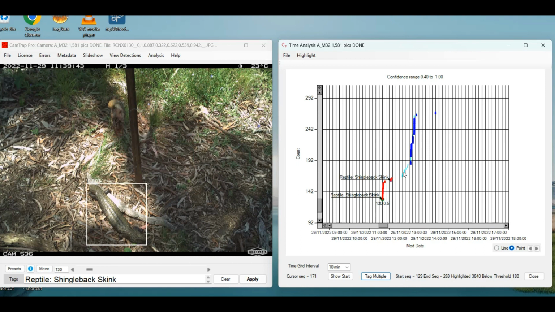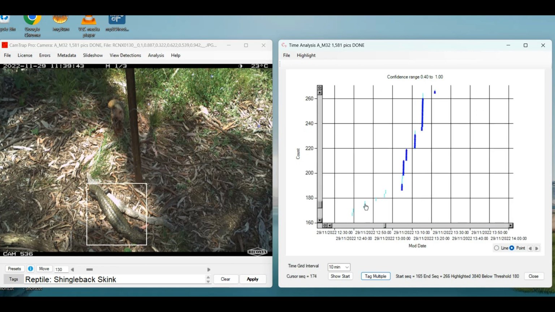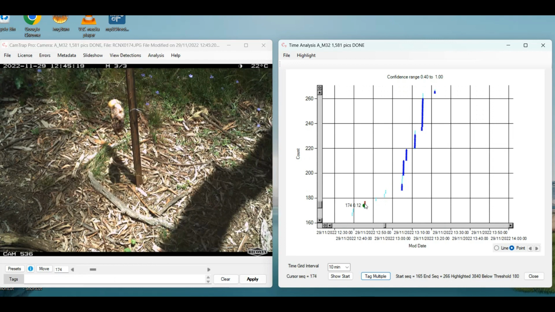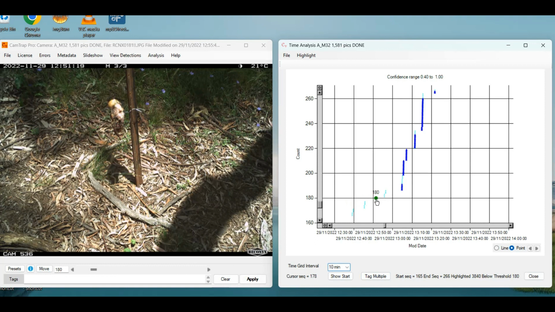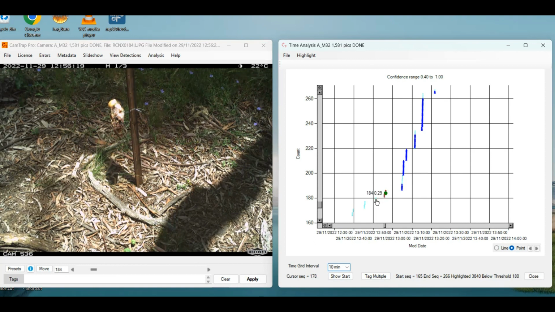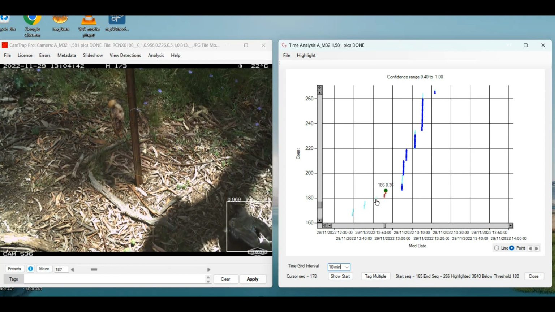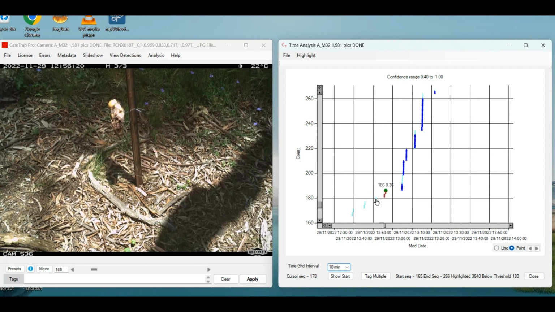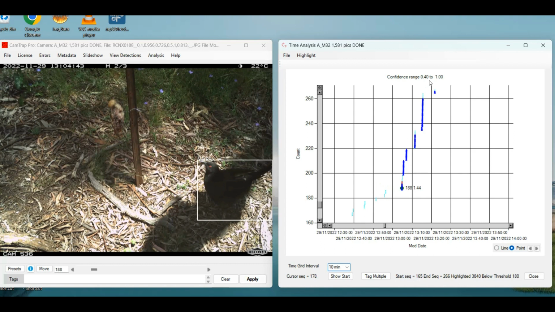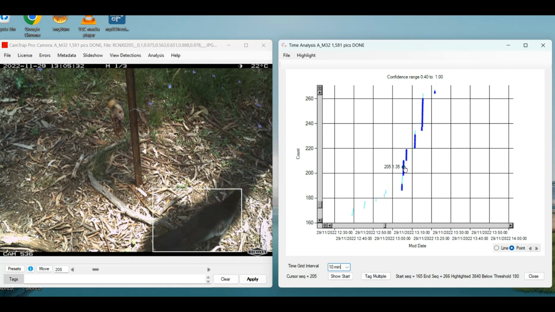Now if we go to this next block of data here, it looks as though nothing much is happening there. Let's step through. So it looks as though we've just got waving flowers and moving shadows, which aren't really indicating anything, but here's a bird. So if we go here and have a look at all of these images within